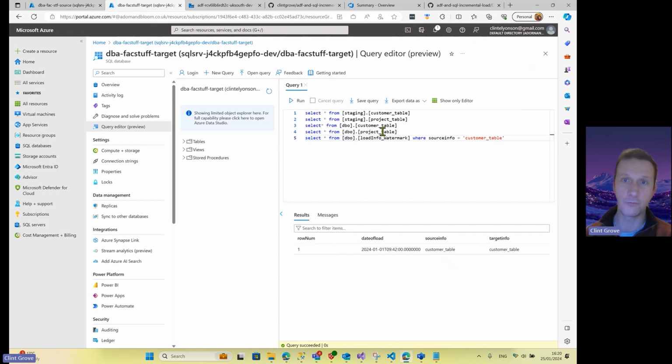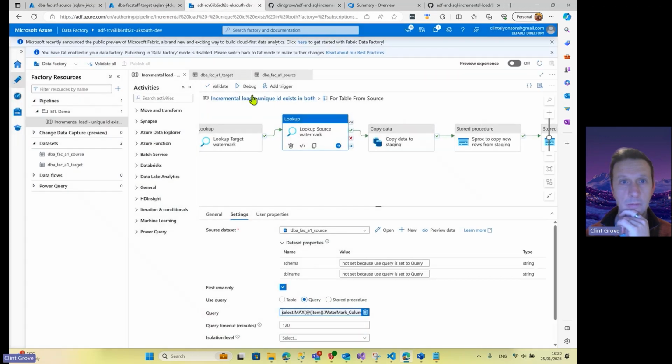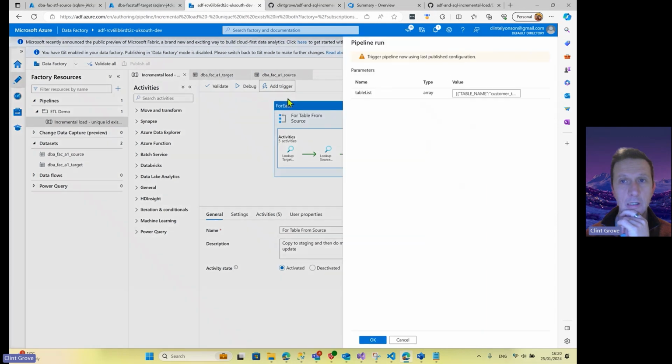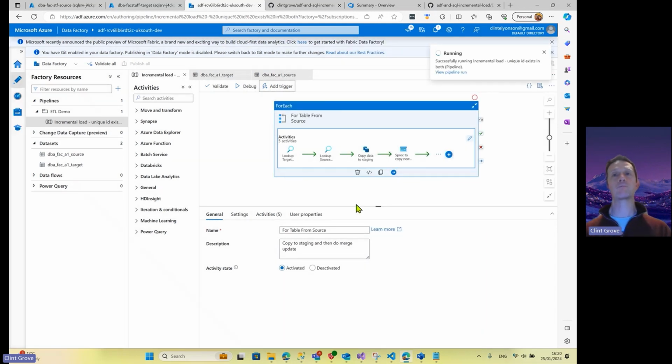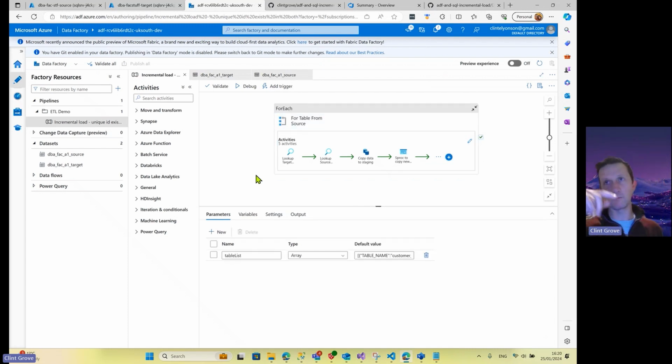Now, but if we go look at the target, we won't see those entries. We don't have person number 3, and we don't have the 3rd project here. They're not there yet. Okay, so what we'll do then is we run this pipeline. So if I go trigger now, and just click OK, within less than a minute, we're going to have those 2 entries in there. And what we could try is also add more than 1 row of data and see if it works. Although if it doesn't work, then I'm kind of screwed. Anyway,